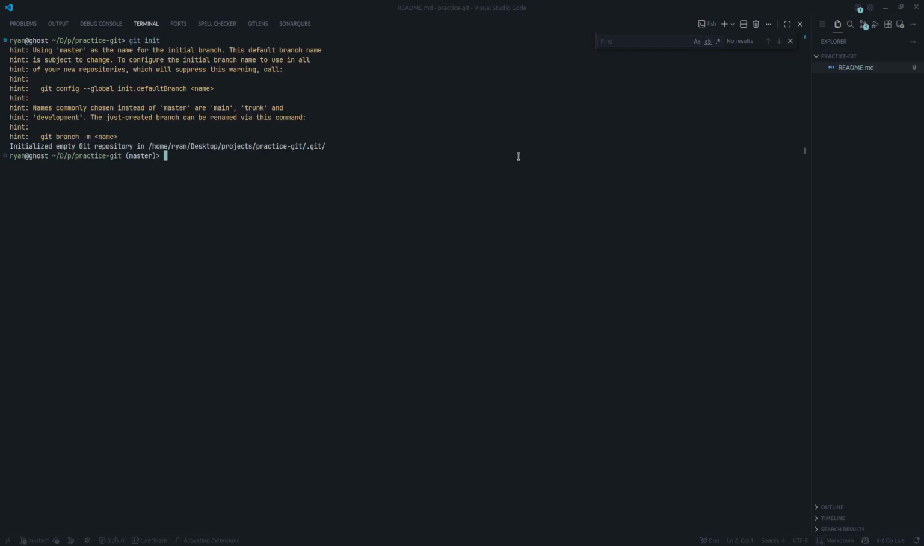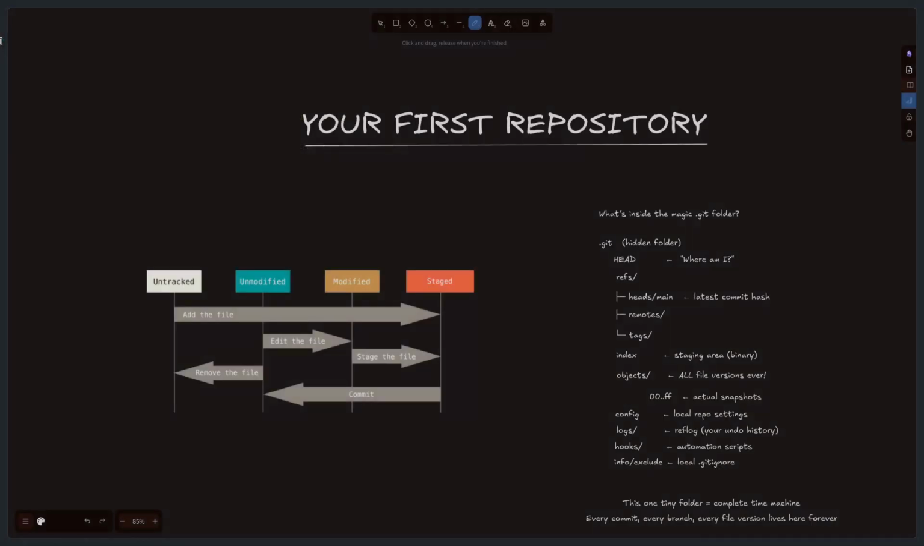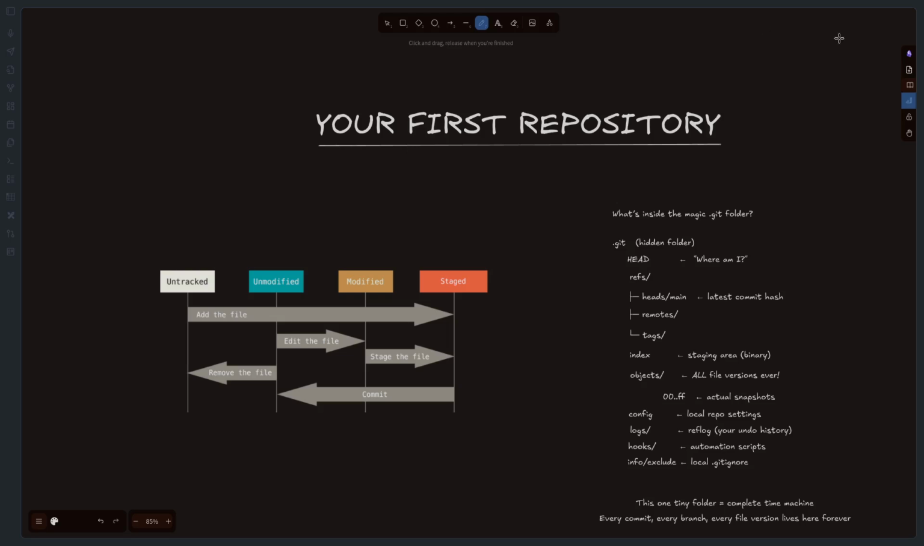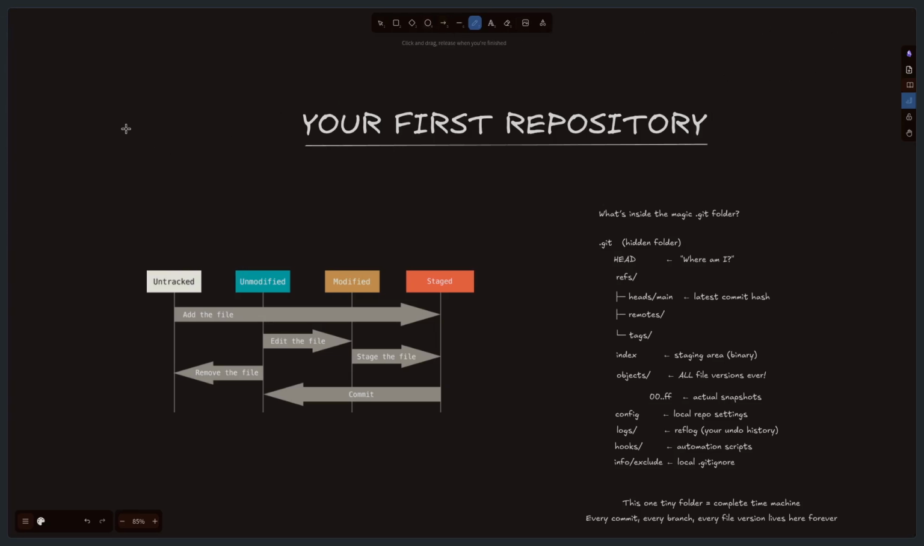So we see this warning from Git. Basically what this is telling us is that developers have adapted to different terminology over the years, right? In the past, developers used to prefer master. And what I mean by using master is when you do a git init,